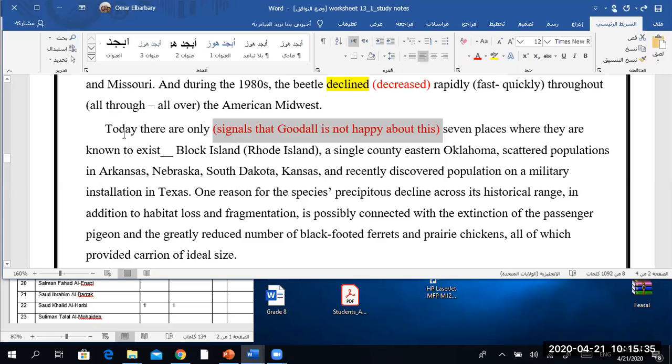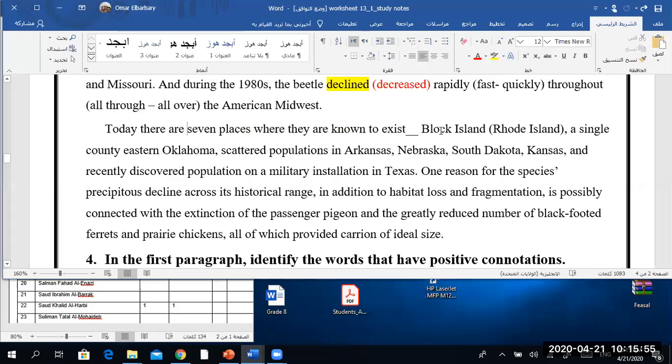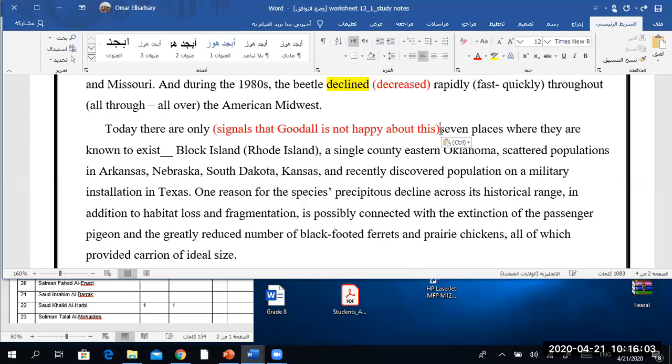Otherwise, she would have said, will there be any harm if she says, "Today there are 7 places where they are known to exist." They are known to exist. Would there be anything wrong with this sentence? Again, if we cross out this part like this, "Today there are..." Yes, nothing wrong with this. But the word "only"